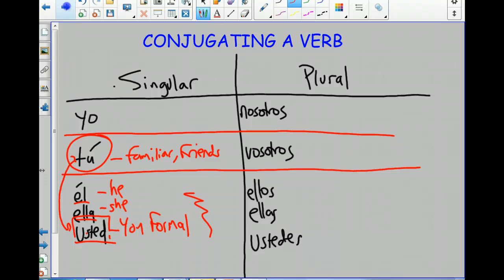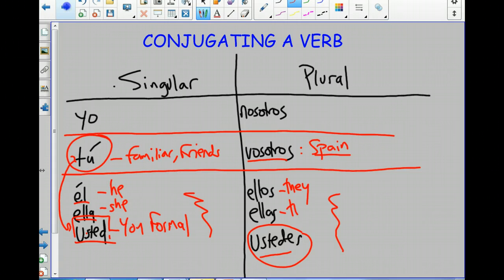Similarly, on the other side here, we have this confusing vosotros. Vosotros really is only, well, not only, but generally used in Spain. I don't use it very often. When I want to talk about you guys, I use this form, ustedes, which means I use the conjugation of the verb in here to use it. Now, there's also common confusion between ustedes and ellos and ellas. Okay, so ellos is your word for they. Ellas is also your word for they.